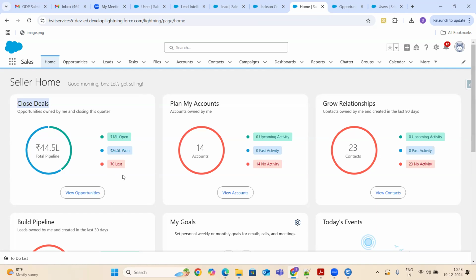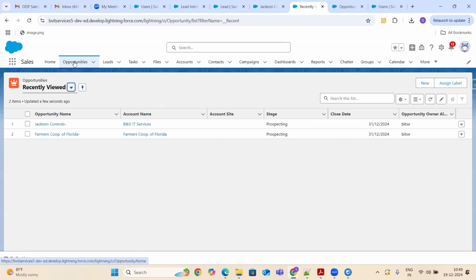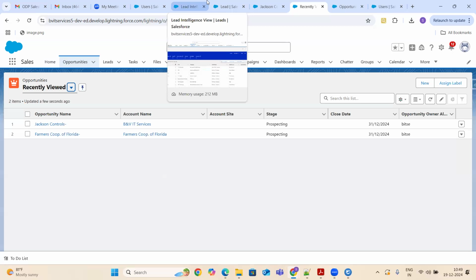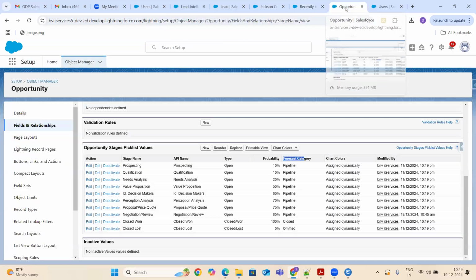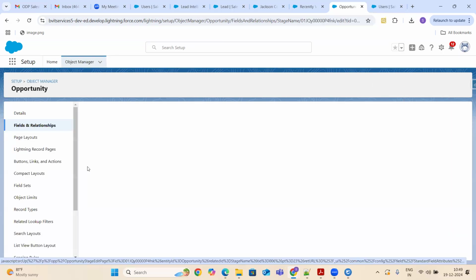Forecast on the opportunities. To build these kinds of reports, they use the forecasting. You might get one more doubt: if I want to add one more forecast category besides pipeline and closed, how can I add it? Basically, guys, when you click on edit,